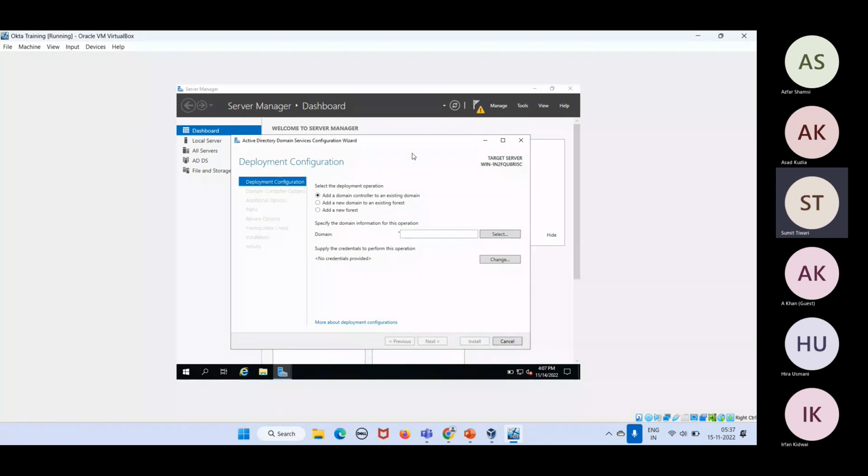So since I do not have any existing domain, I will click on add new forest, because I told you the outer layer or topmost boundary is a forest under which domains reside. Even if you have one domain, that will still reside in a forest. So when you don't have any domain, that means you don't even have a forest. So when you are creating your very first domain, you click on add new forest and specify your very first domain name. I will go with